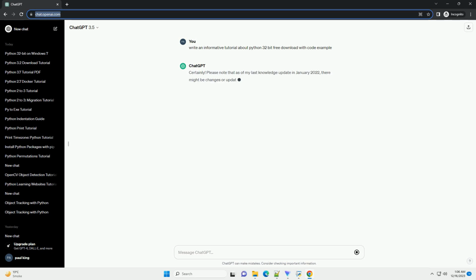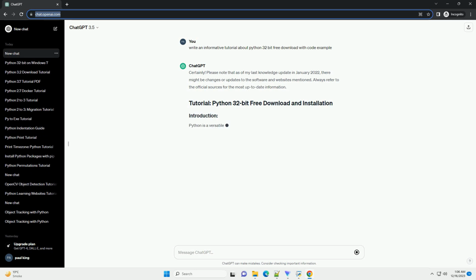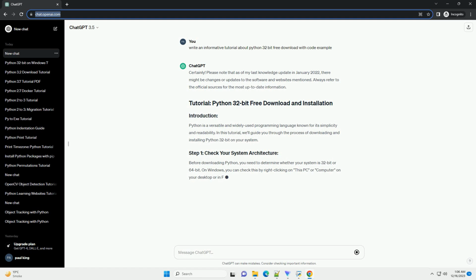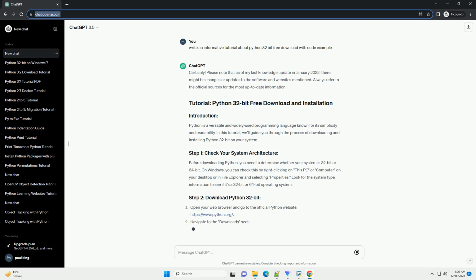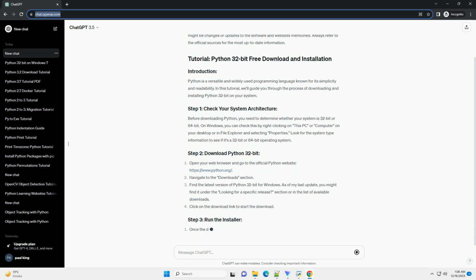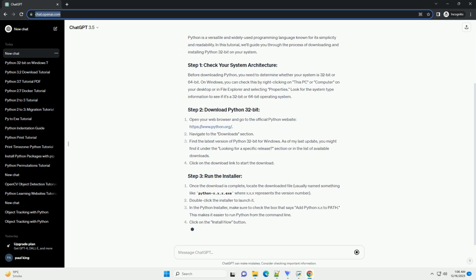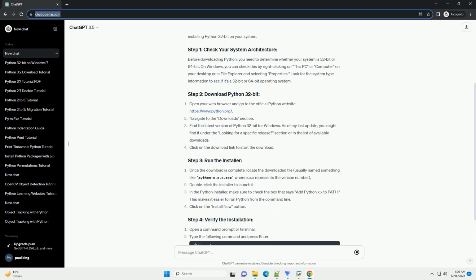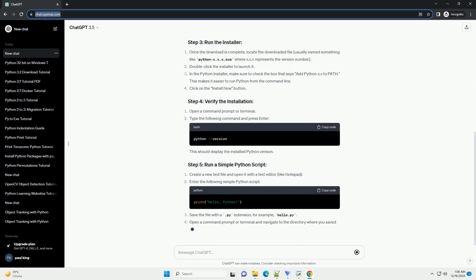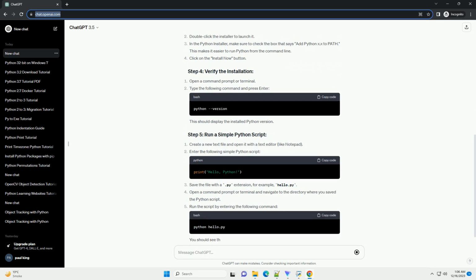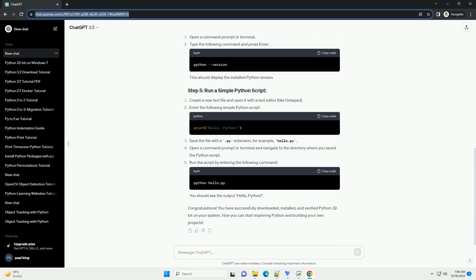As of my last knowledge update in January 2022, Python generally provides two versions for download, 32-bit and 64-bit. However, it's important to note that the latest versions of Python are often 64-bit, and the 32-bit versions may not be as commonly available for the latest releases. Additionally, Python 2.x has reached its end of life, and Python 3.x is the recommended version for new projects. That being said, if you still need a 32-bit version of Python for compatibility reasons, you may need to explore